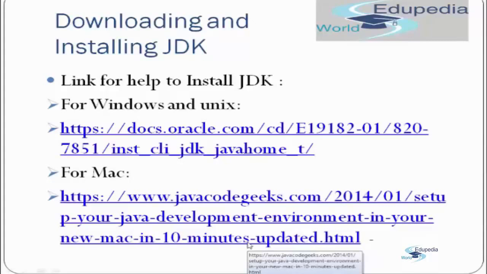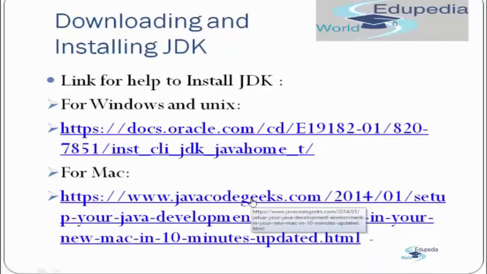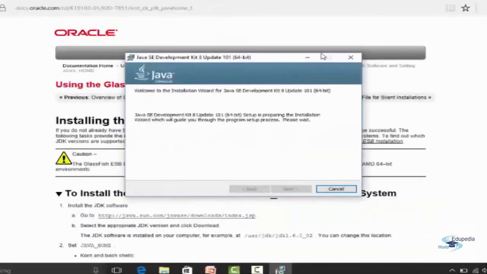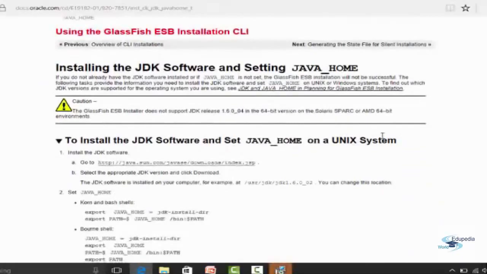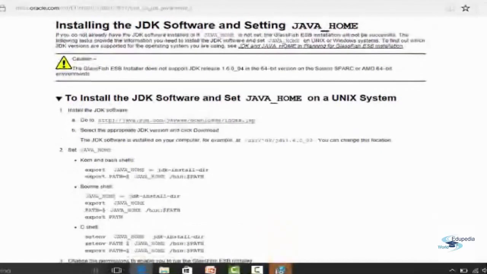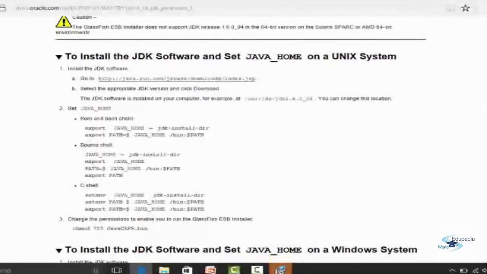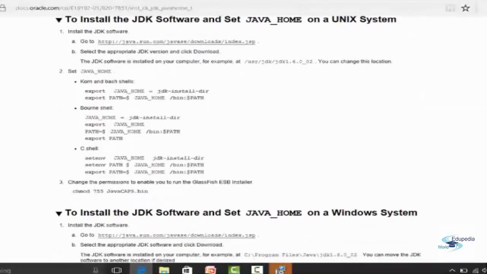Although I'm going to show you the complete steps of installation for Windows, if you have a Unix or a Mac system, then here is a link to do the installation. I'm just going to click on the link and show you. Okay, here is the link. This is for the Unix system. So if you have a Unix system, just follow the steps. It also shows you a link to download, then setting the Java home and how to install it.